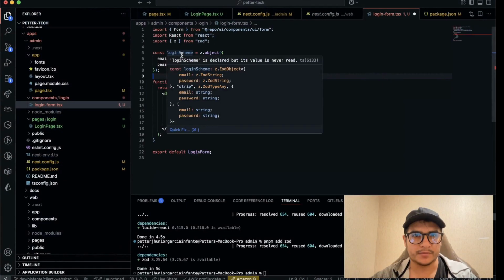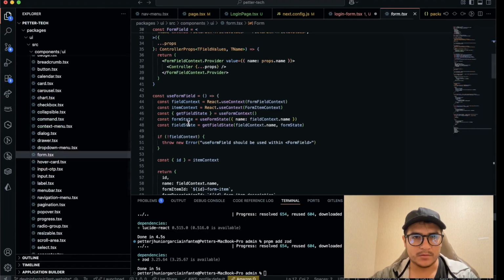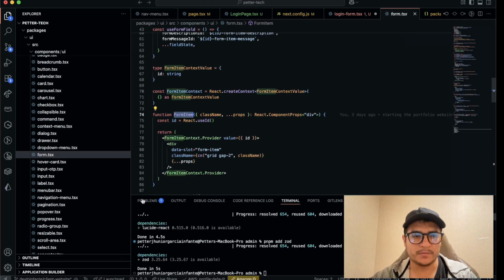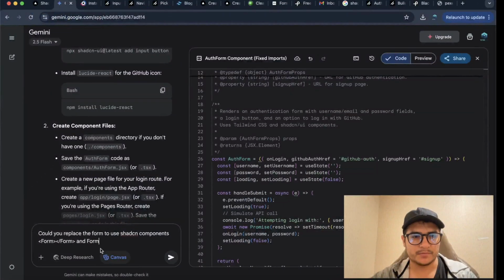Okay, here. Yeah, we have form label for form item and the components from it. Also add